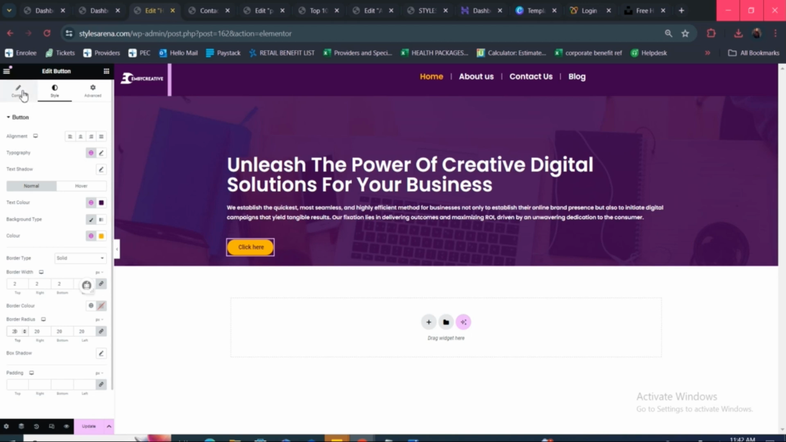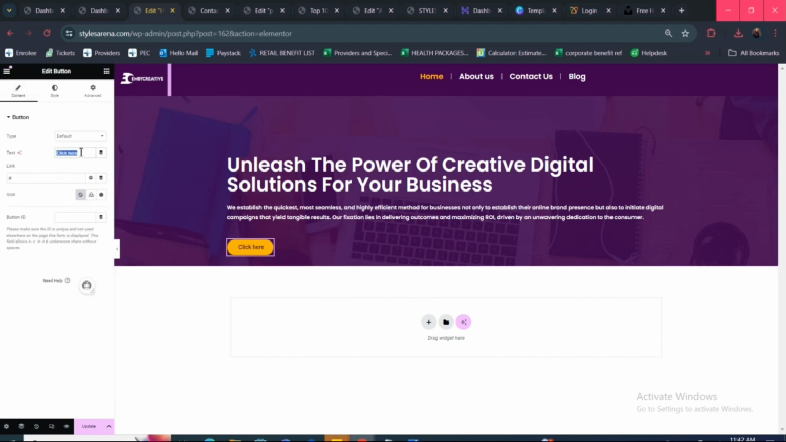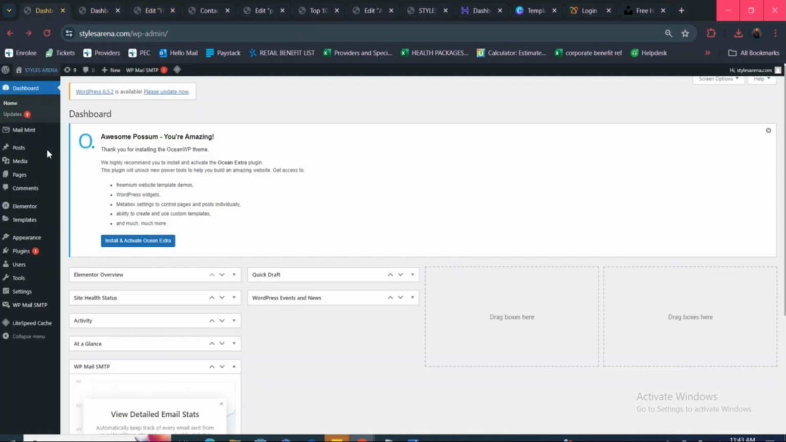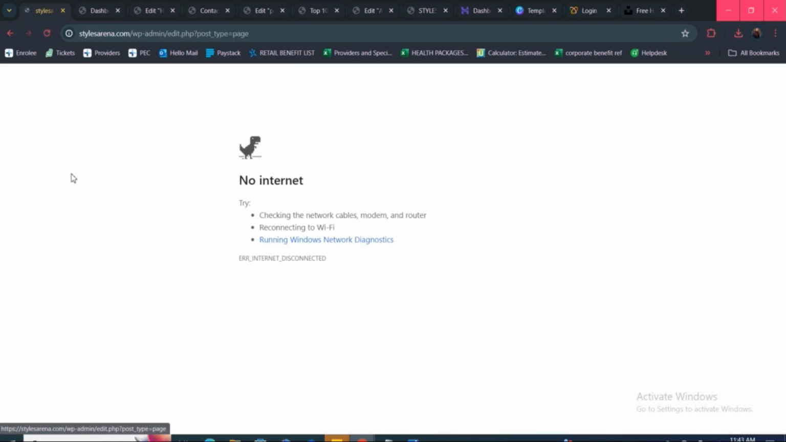So let's change the content of this text here. Let's say something like learn more. And I could insert the link of my landing page here. I could insert the URL of my landing page by just coming here to paste my landing page URL. So how do I get my landing page URL? I'll go back to my dashboard, go to pages, all pages, and then I'll just